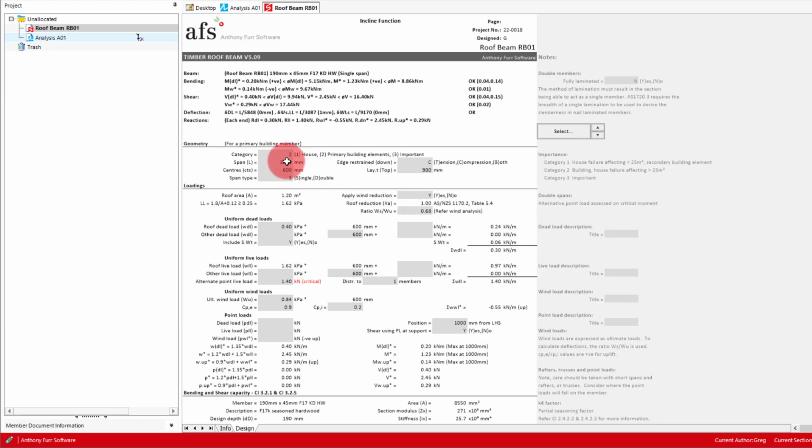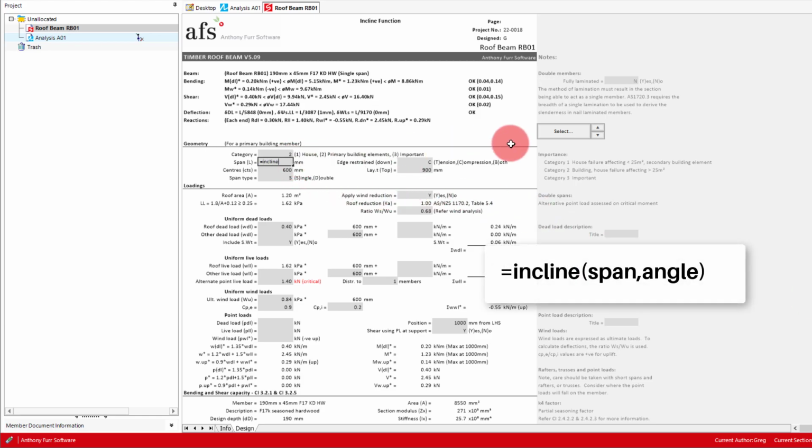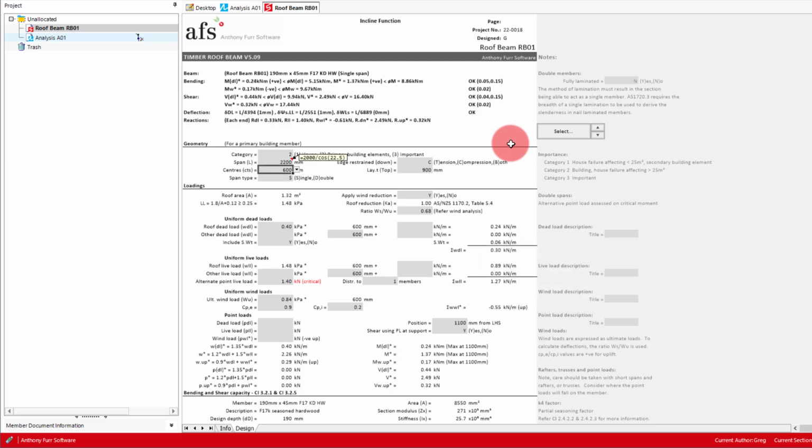And in the span input, we'll go equals incline, and then brackets, our span, 2000, and then our roof angle, say 22.5, and then end the bracket, and go enter. This will then automatically calculate out the additional length due to our angle, and round it up to the nearest increment of 50mm. If you want to change the significant figures of this function, you can add an additional number at the end,